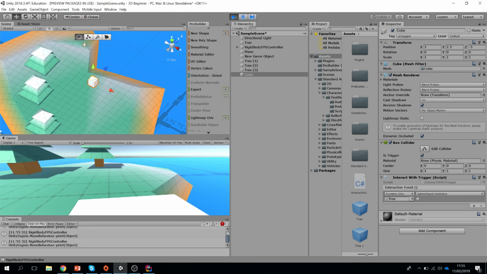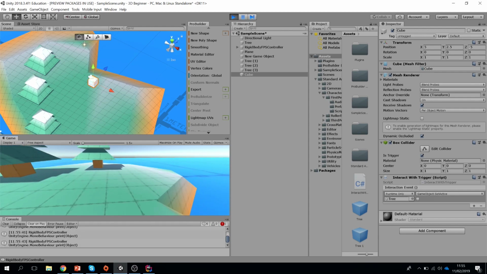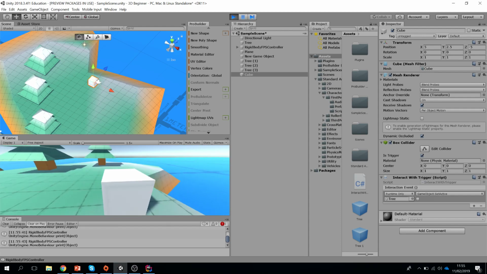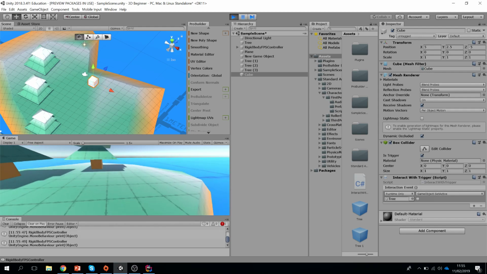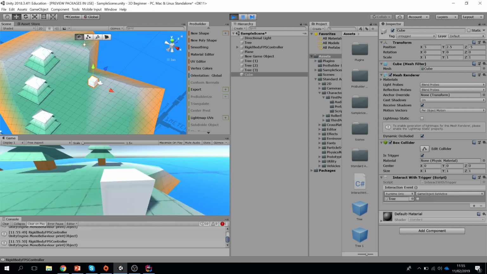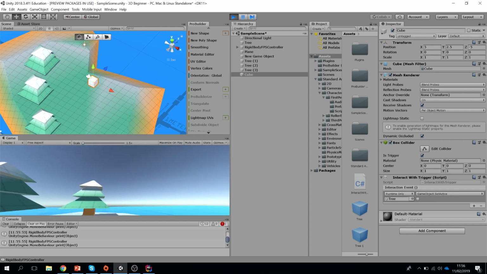What's going on? It's still picking up my collision, so we know this is happening. Yeah, every time I go through it, it's telling me it's happened. That triggered this event. So what's happening here that the tree isn't being deleted? That's the way I set it up in the editor, so I know the editor is set up fine. If I go back to